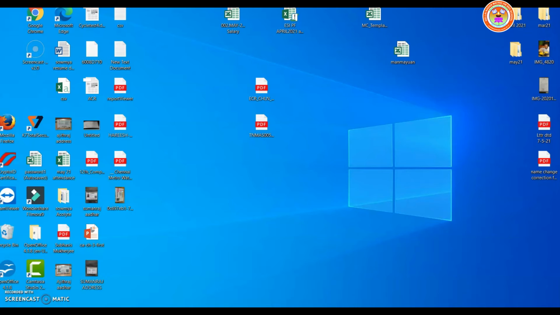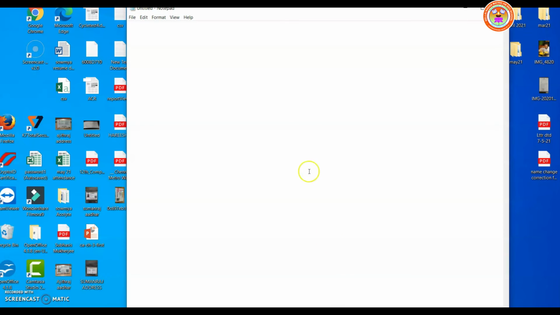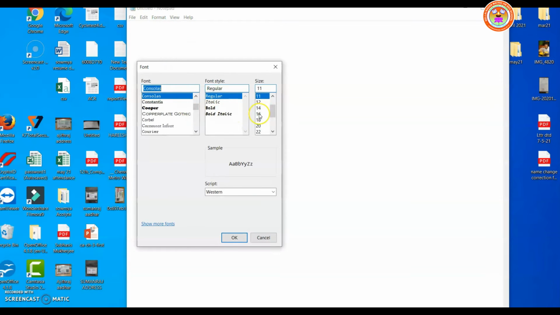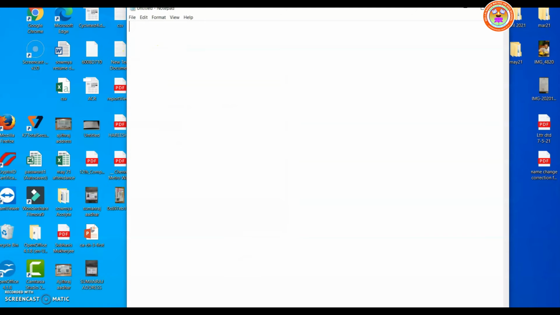Then what you are supposed to do is go to Notepad and type the example I explained. You are not able to see the font, so I am increasing the font size. The question mark PHP is the opening tag.